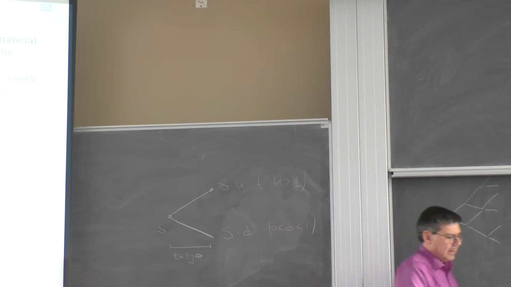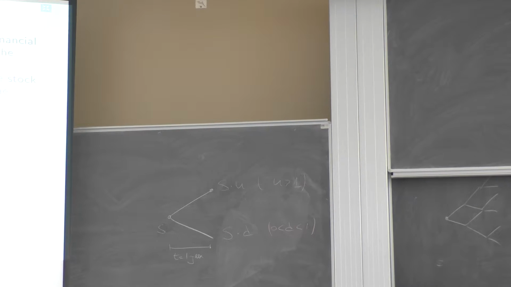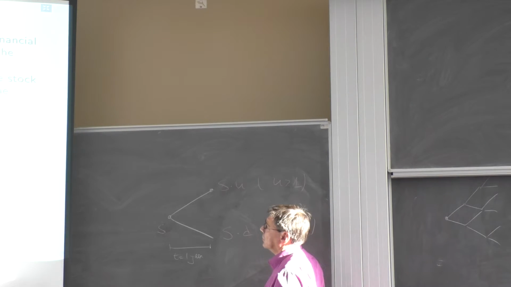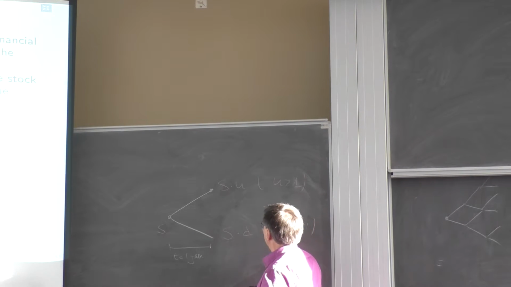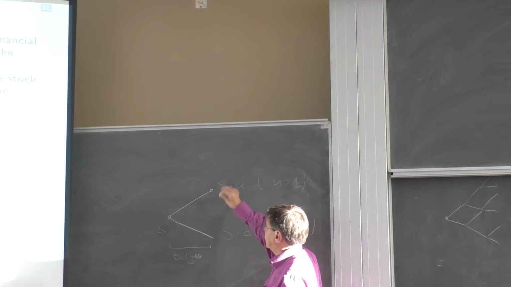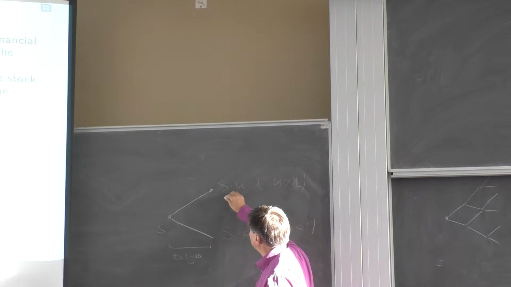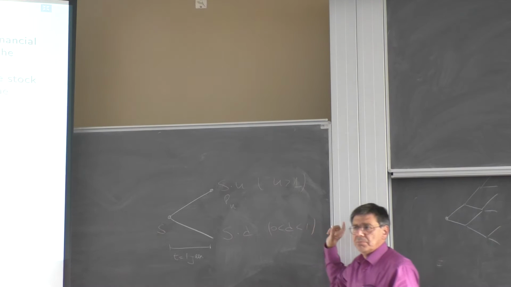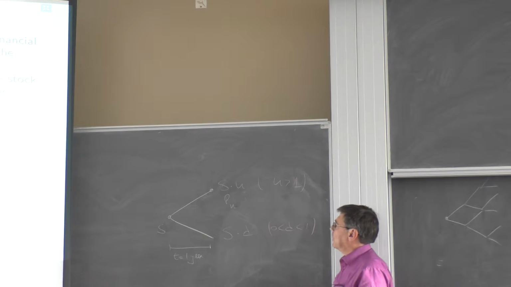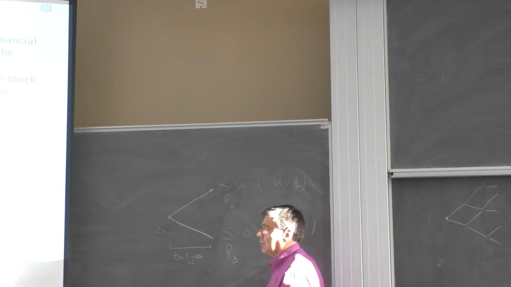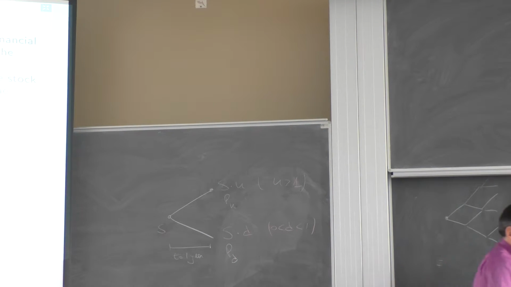Okay. And then we have some derivative that gives you a payoff at expiration. And we're going to give names to the payoffs. So it's going to be some payoff which depends on the underlying asset price at expiration. And we're going to call these payoffs P_u and P_d. So it's not P times u, it's P sub u, the payoff in the up state of the world, and P sub d, which is the payoff in the down state of the world.